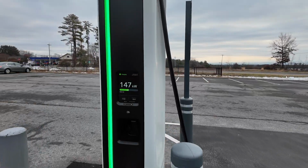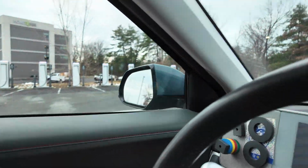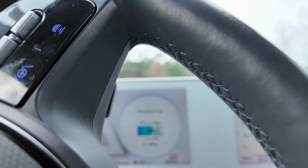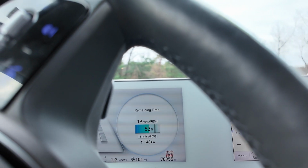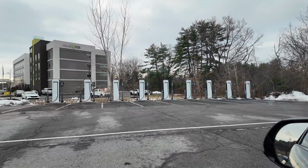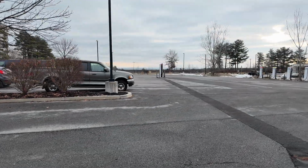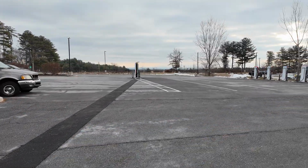We've already dropped down here. That's okay, we saw it get pretty high. And I'm confident that would stay there if we needed it to, but it starts tapering just by virtue of moving higher up into the pack here. So, 10 stall site. Power delivery is good so far. I think I might shift over to one of these just to try the hard. But lots of space. I could pull through further or pull through the other way, depending on where my charge